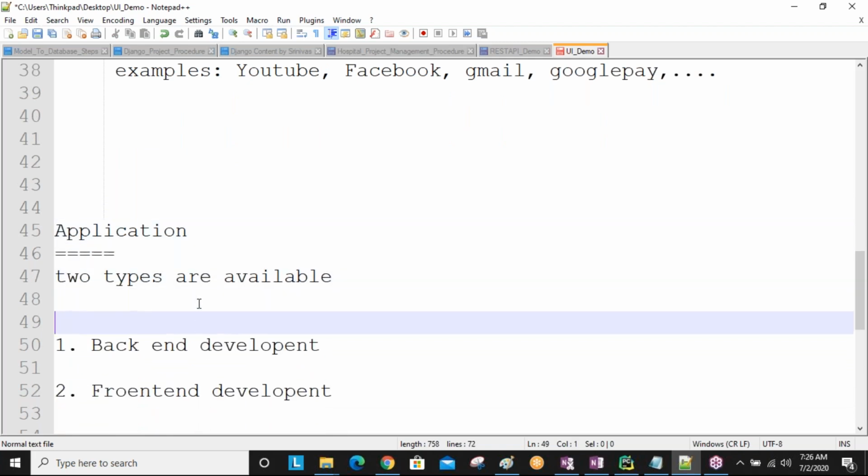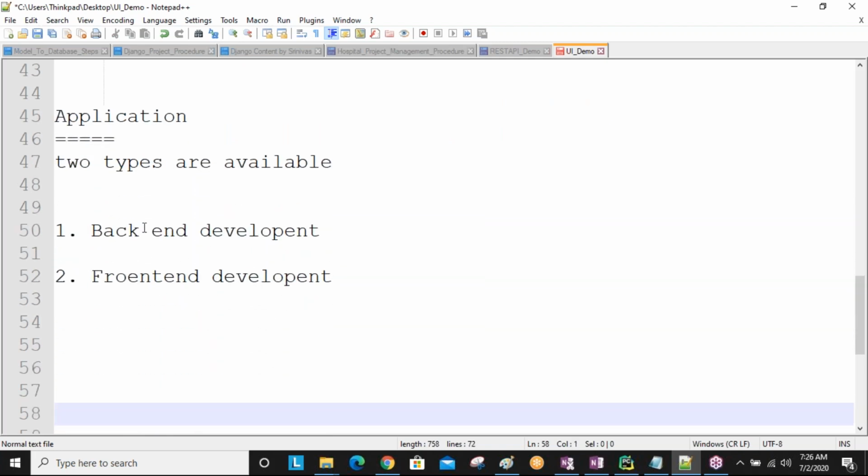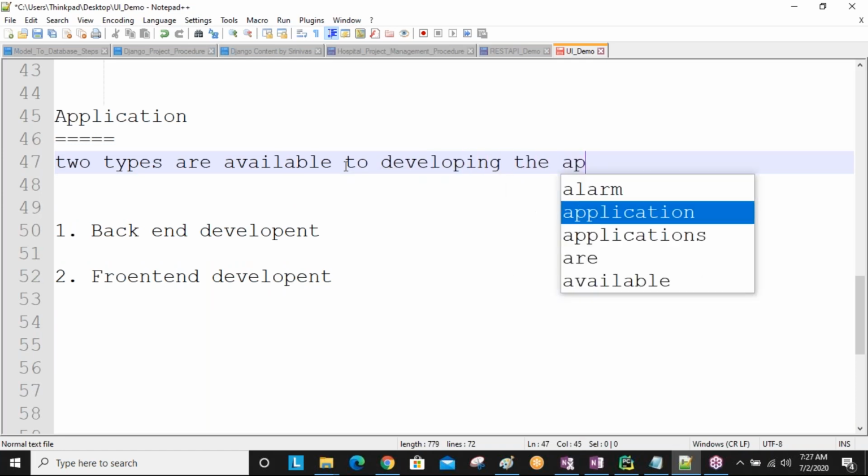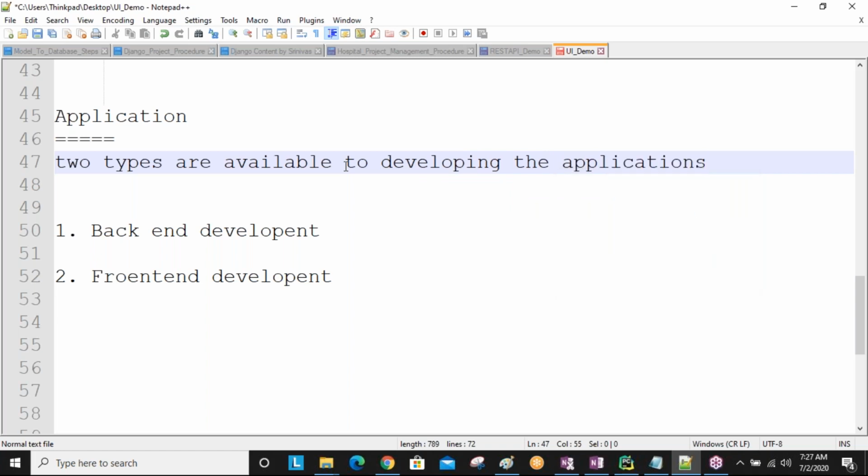Two types of technologies are available to develop applications: back-end technologies and front-end technologies.